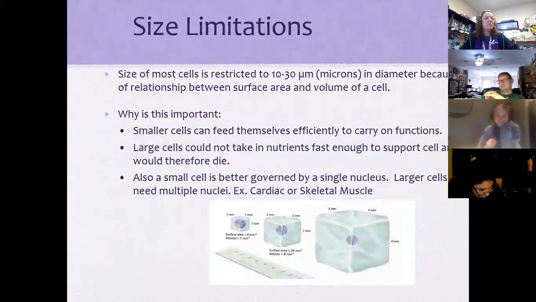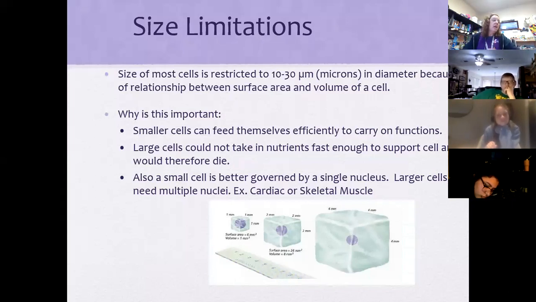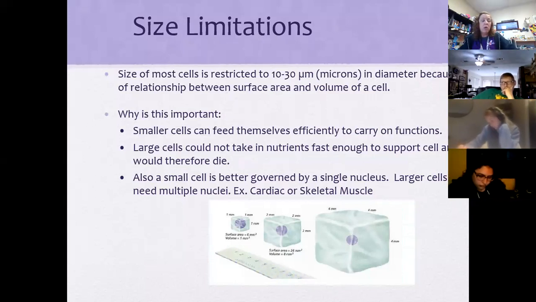So why are cells so small? Why don't we have these boulder sized cells that can just function on their own? Well, the problem is the power and the nutrition and the energy. Smaller cells are more efficient. They are more efficient in carrying out their functions. Larger cells would not be able to take in nutrients, and we would not be able to provide the energy needed. Now, is that to say we don't have some extremely large cells? Of course not. Nerve cells are some of the largest cells in your body.